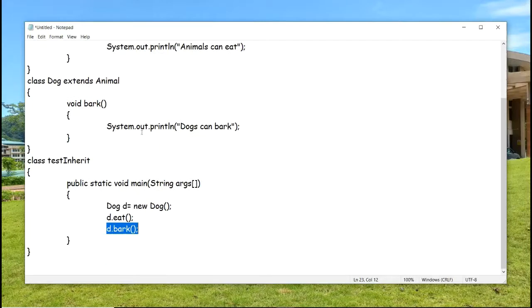But here I want to use the same object, so I am simply inheriting the properties of the parent class into the child class, and I have created an object of the child class and am trying to access both of them at the same time.